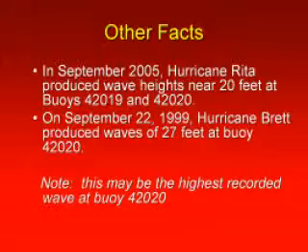In September of 2005, Hurricane Rita produced wave heights near 20 feet at our Texas coastal buoys. And on September 22nd of 1999, Hurricane Brett produced significant wave heights of 27 feet at our nearshore buoys. This may be the highest record from a NOAA buoy in the northwest Gulf since we've been keeping